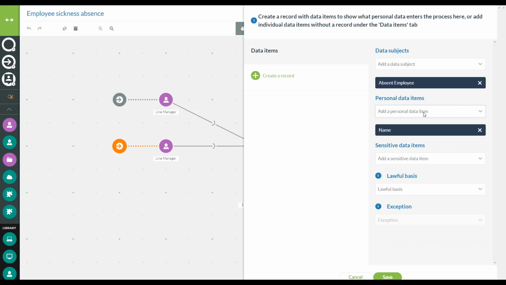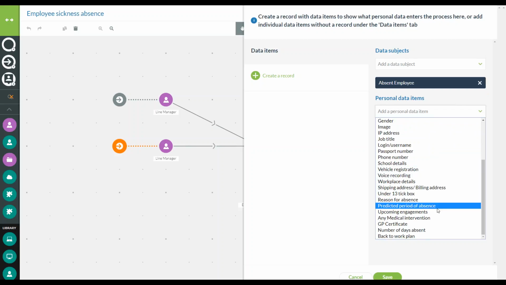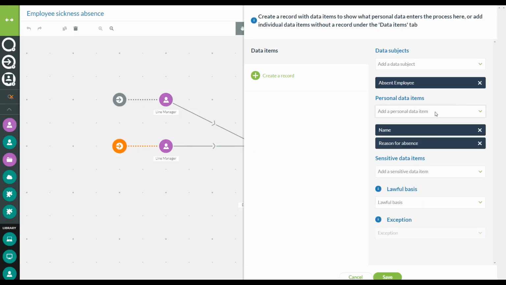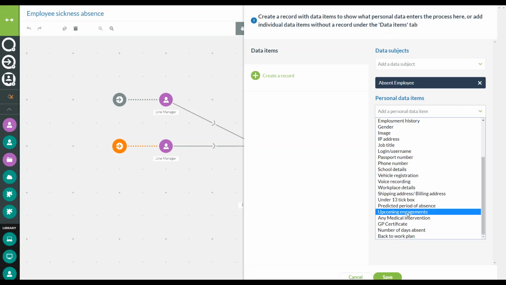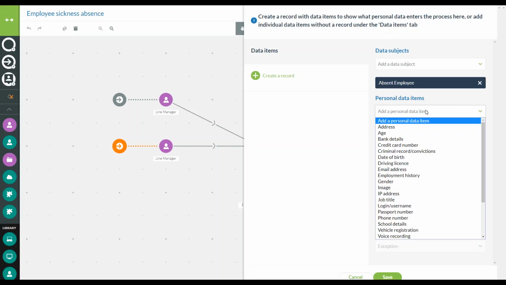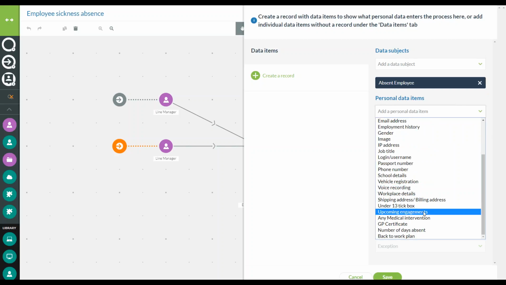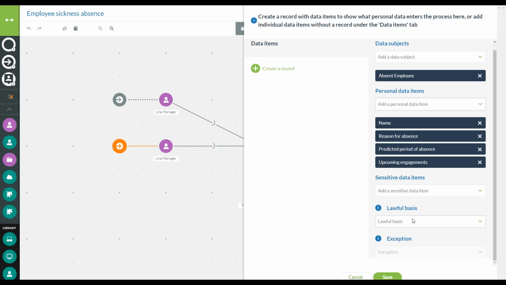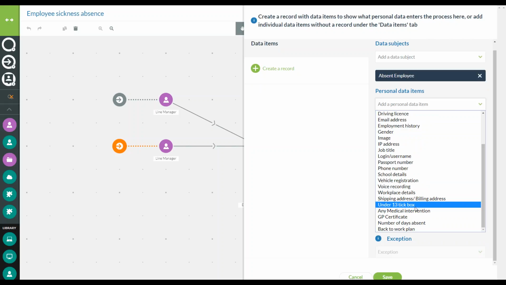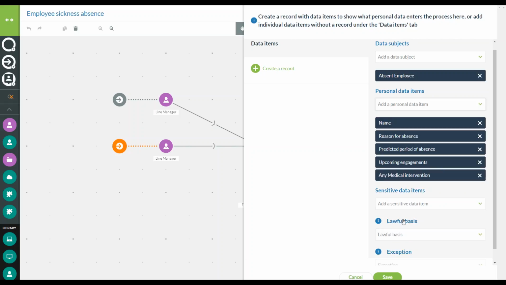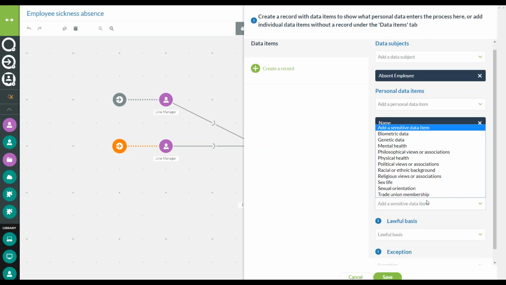So I'm going to select name. I'm going to then select the reason for absence. We're then going to select the predicted period of absence. So again, you can see how you're building it up. This would, of course, be whichever is relevant to your organization, like so. If there's any sensitive data items that are moving through your process, this is where you would select those,